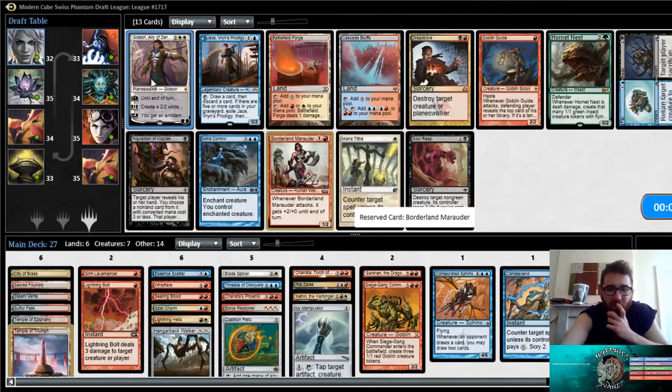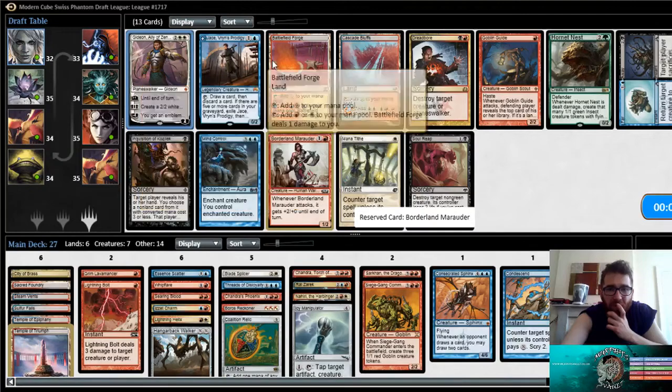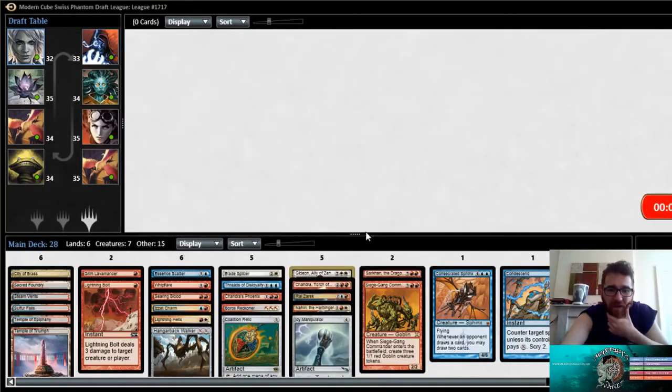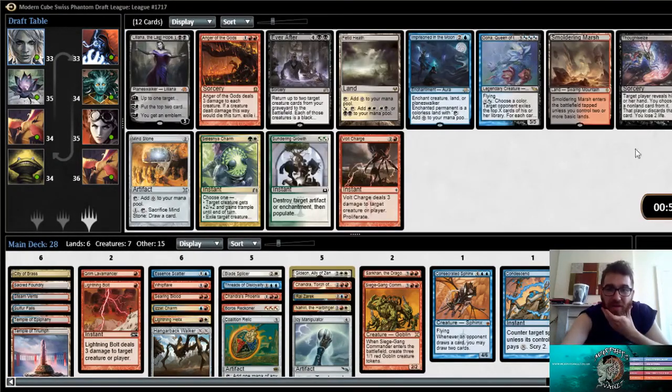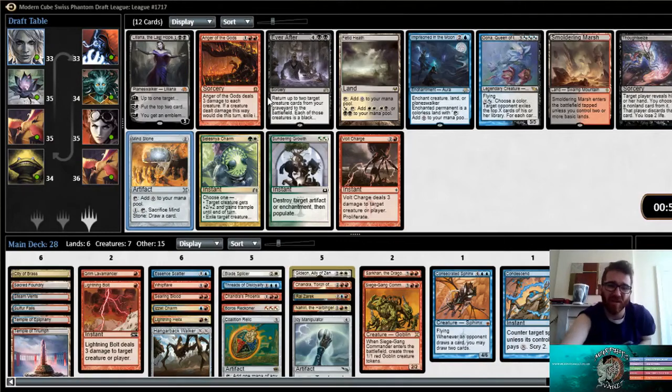I think Gideon's the more powerful card, right, for what we're doing. And maybe we get a Battlefield Forge or Cascade Bluffs. Alright, I'm thinking Gideon, because I'm me. I like Anger of the Gods a lot in this deck, actually, because we're kind of doing this thing. I also would like to have Mind Stone. I don't think it's going to come back, but I think Anger is really good for the game plan we're